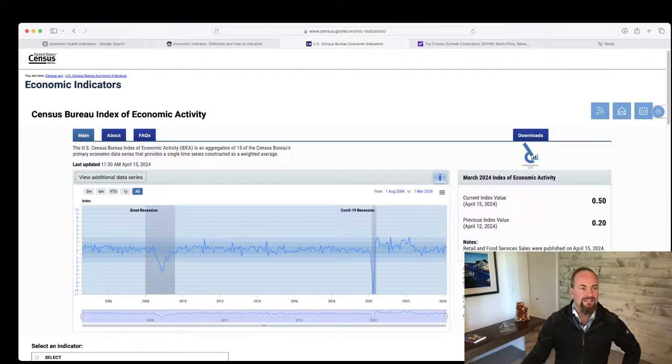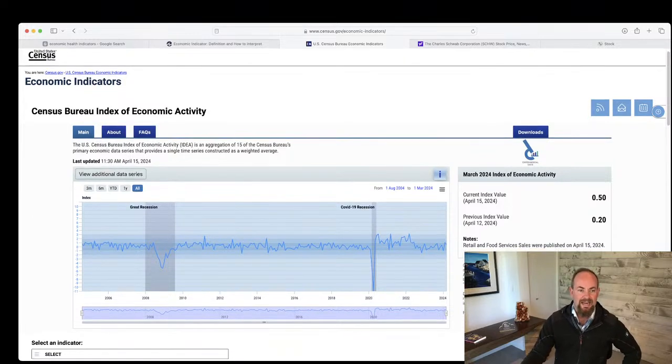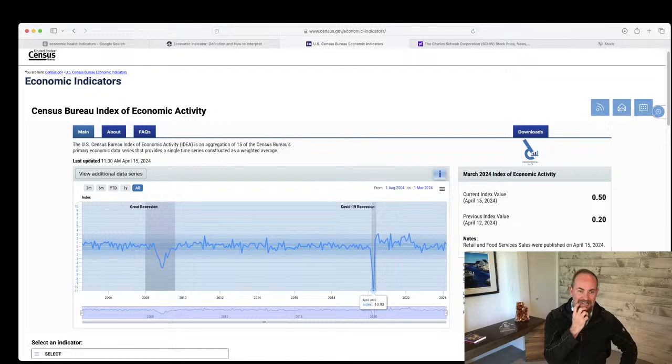And this is the United States Census Bureau indicators. Super helpful. I think you'll really get a lot out of this site. But as you look, what you're looking at here is an index that is the Bureau Index of Economic Activity. They call it the IDEA. And it's an aggregation of 15 of the Census Bureau's primary economic data series that provides a single time series constructed as a weighted average. So essentially they took 15 of these metrics, combined them all,